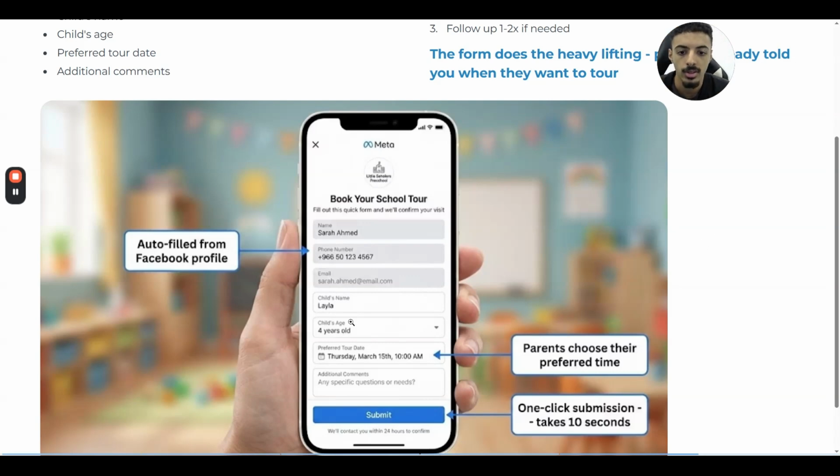So, for example, you can ask what's their child's name? What's their child's age? When would they like to tour? And then you put your available times, and they're just going to fill it out. And if they have any specific questions, they can put them in. So do you see how simple that is for the parent? They don't have to call or leave the app, and they don't have to leave a message on WhatsApp and wait super long for a response and go back and forth. They just have to fill out a quick form that takes like 30 seconds, and now you have all their